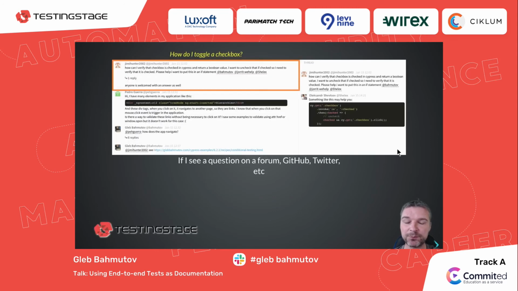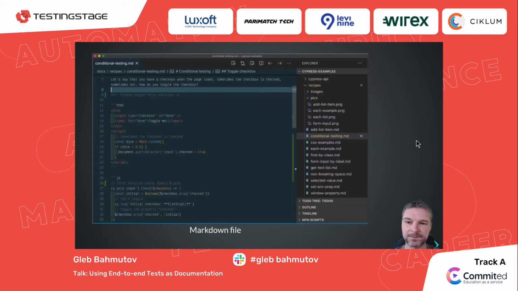And the reason for updating the examples is usually the questions that our users ask. For example, in our chat, I see a question: how do I toggle a checkbox? So instead of answering the question right there in the GitHub channel, I update our markdown examples where I describe app.html in an HTML block and I describe the test code in a JS block.